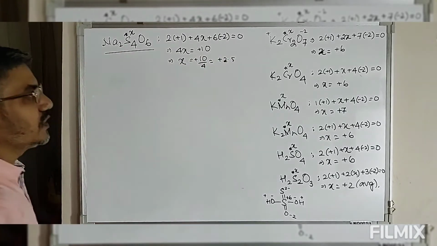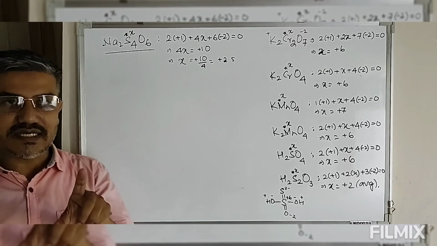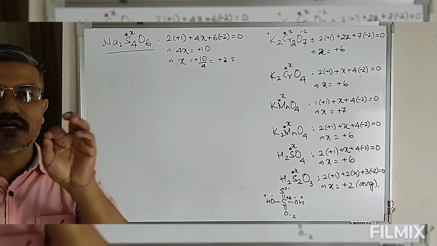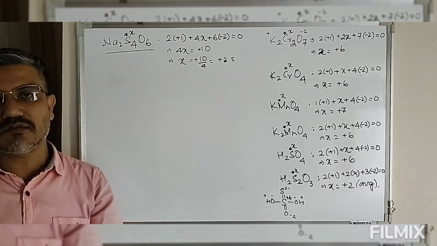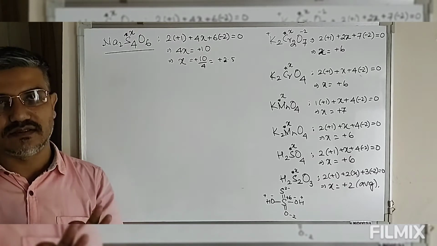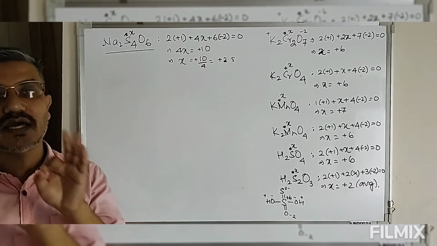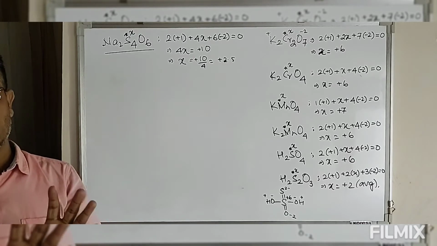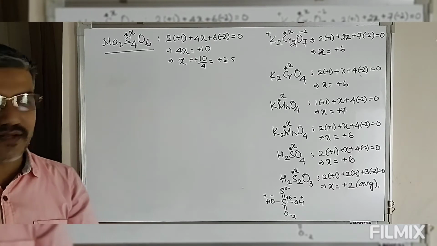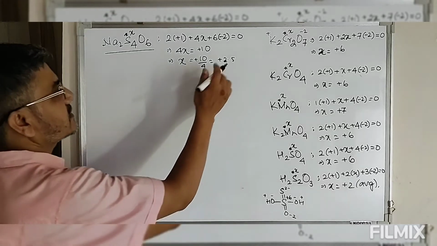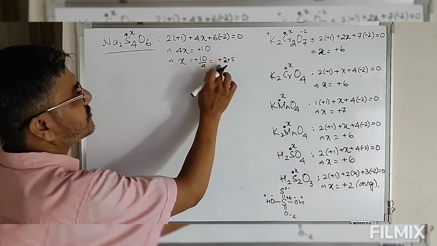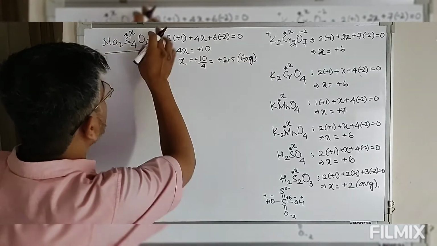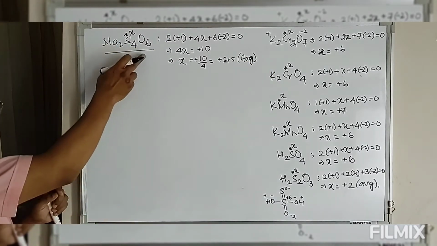Now as I have told you earlier, oxidation state cannot be a fraction. If in a given compound the oxidation state comes out to be a fraction, that is nothing but the average oxidation state. Average can be a fraction, but the absolute values of oxidation state cannot be a fraction. So these things we have to keep in mind. So in this, the oxidation state of sulfur is 2.5. So this is nothing but the average oxidation state of the 4 sulfurs present in this particular species.